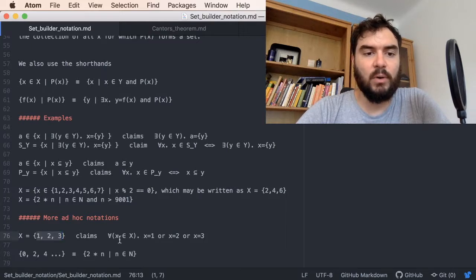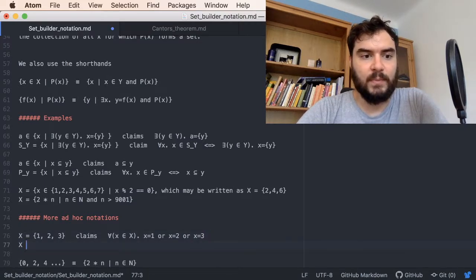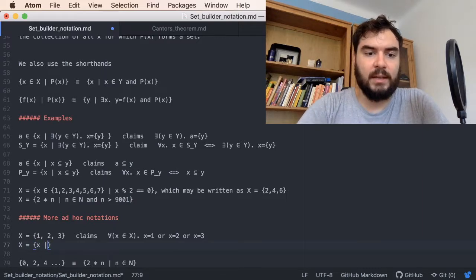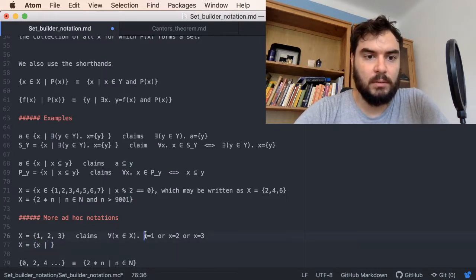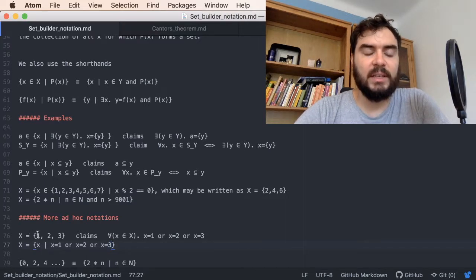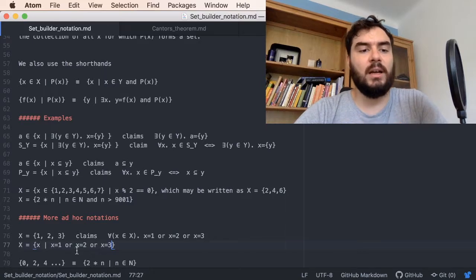You can say, for all X in this set, this holds, right? All X here are either 1, 2, 3. Similarly, you can translate it to X equals, let's actually do that. So we can also say that means X equals all X such that, so, right? You can see that, but in this case I had to translate